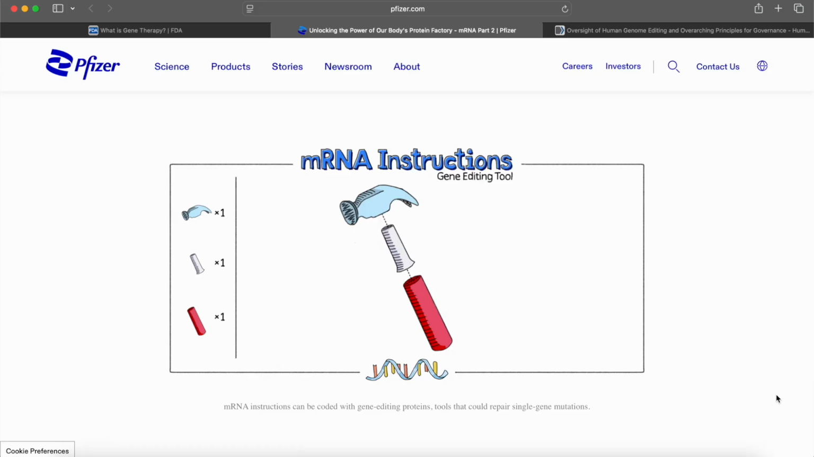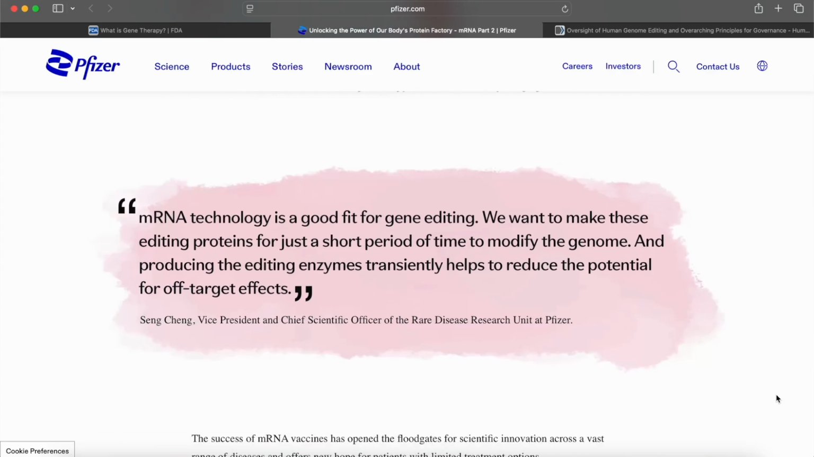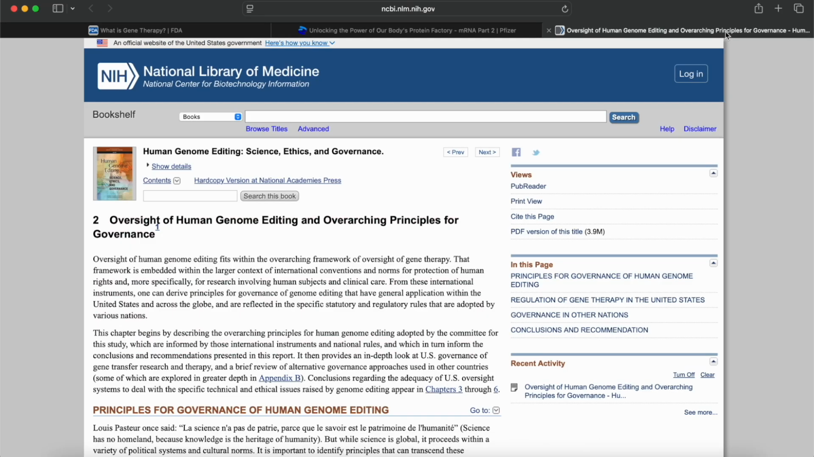This is precision healthcare. mRNA technology is a good fit for gene editing. We want to make these editing proteins for just a short period of time to modify the genome, and producing the editing enzymes transiently helps to reduce the potential for off-target effects. We're going to go over here, and we're going to read